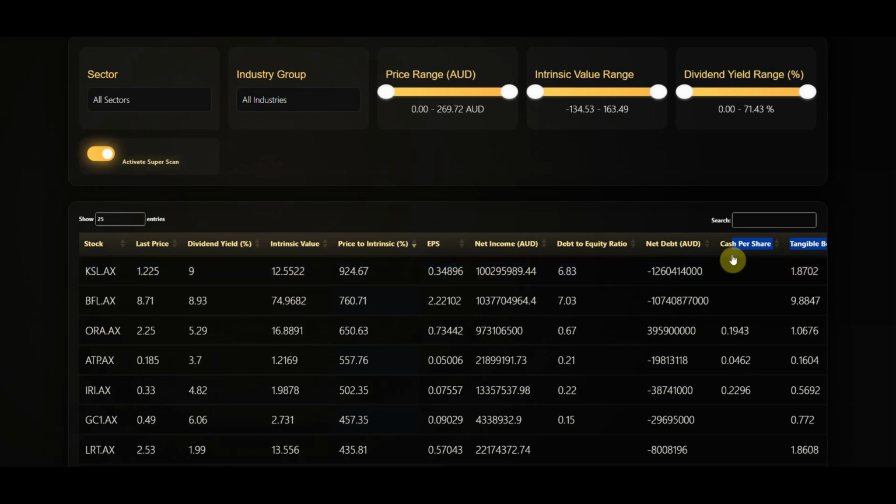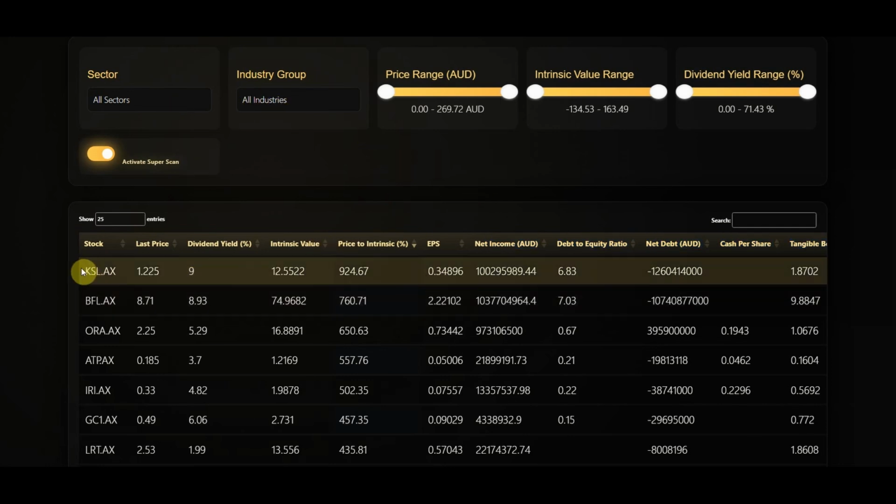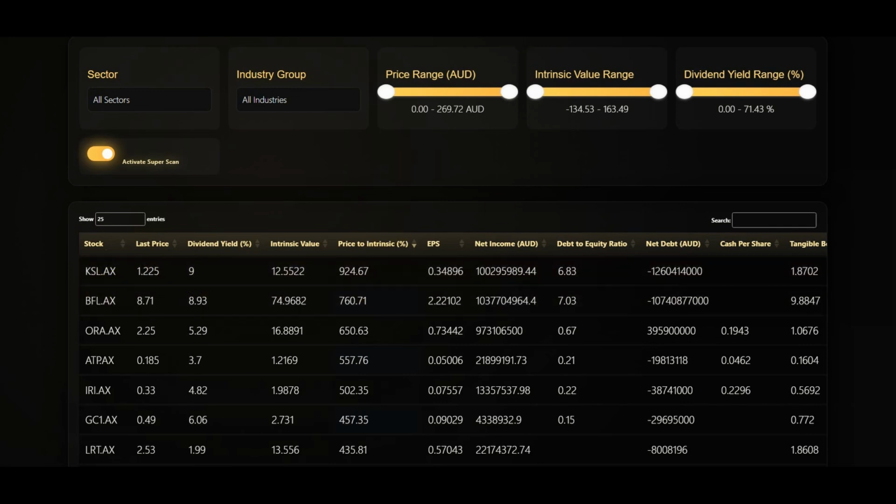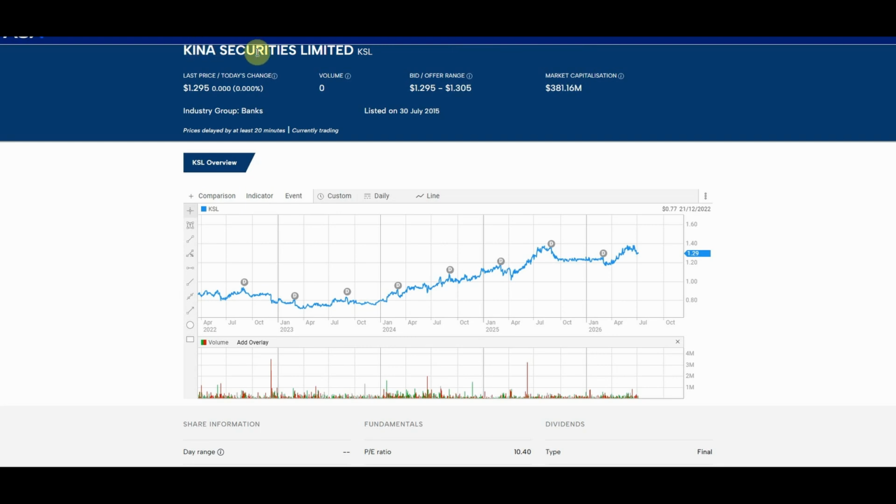Once you've picked a stock, obviously you would probably search through, you would pick a sector, that kind of thing, but let's just pick the very first one from 6 months ago. So at that time it was $1.22, and this was around January. So I'm going to go now to the ASX website. You've got Kina Securities Limited, KSL. The last price was